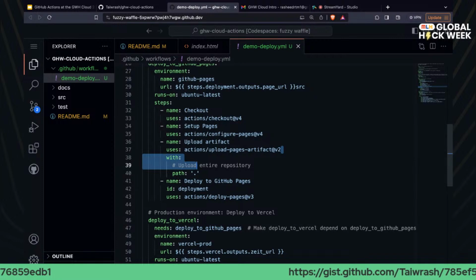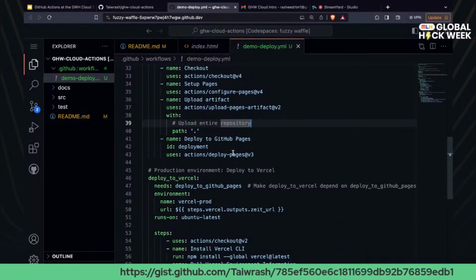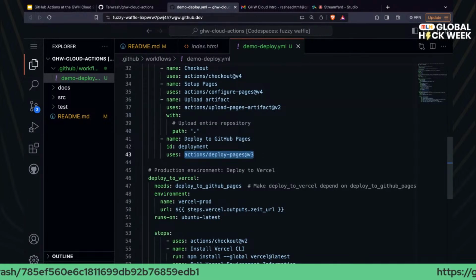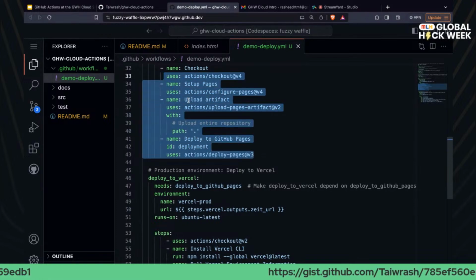So we can have many more things to be done here, but for this session, that's all we'll be doing. And finally, the artifact we get, we'll deploy it, and we get to see our page deployed. So that's the first stage. It will be deployed to the staging environment.